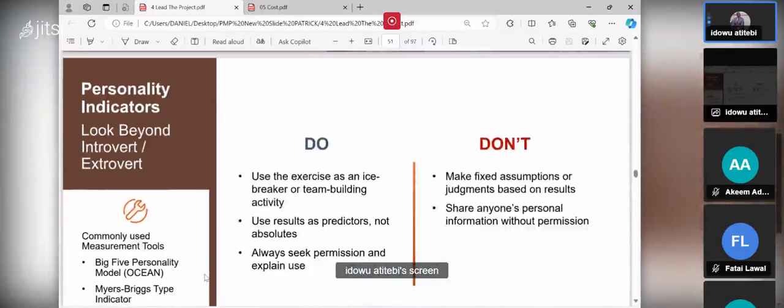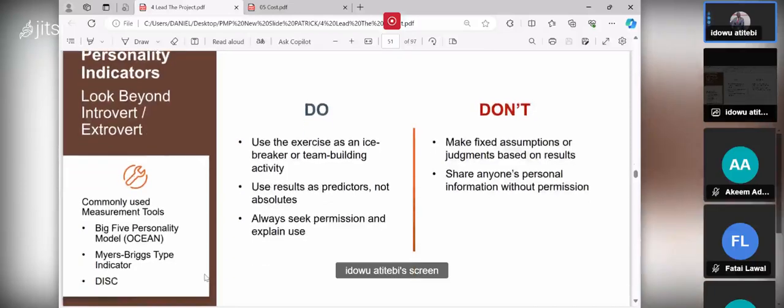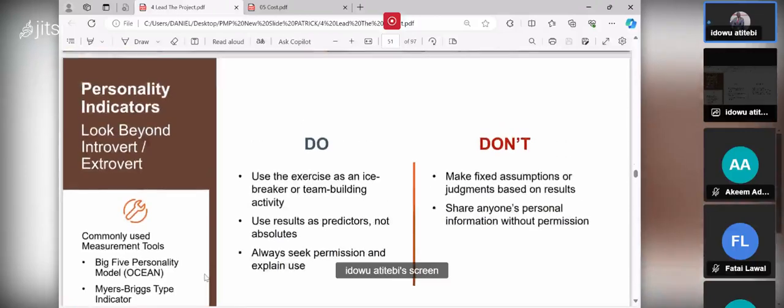Then you can also use a personality indicator. I don't know whether anybody has known about personality indicators. You can use it. Have you ever gone online? There's a site that will help you indicate your personality. It will tell you whether you are an introvert or extrovert. It will tell you the kind of job you can do. It will ask you a lot of questions. You go to the site, the site will ask you questions, and based on your responses, they will now tell you